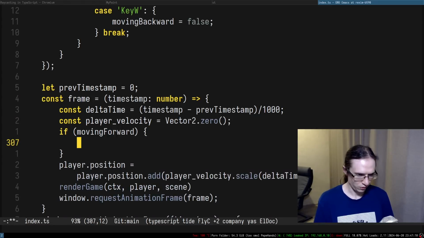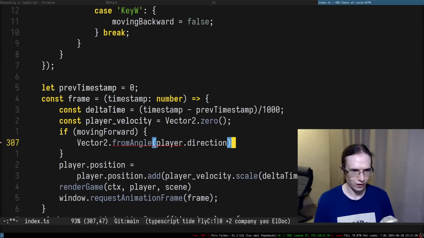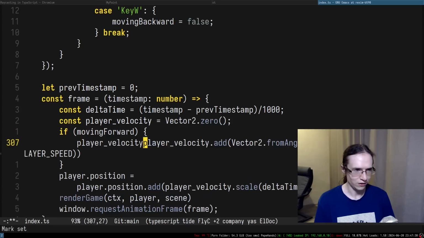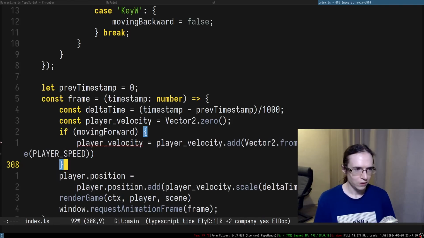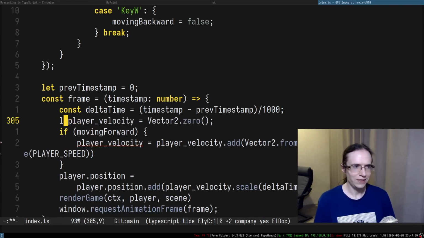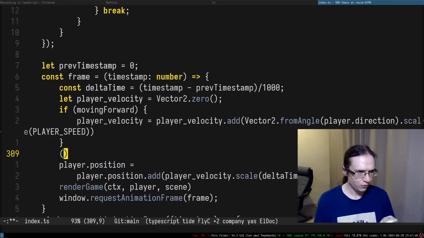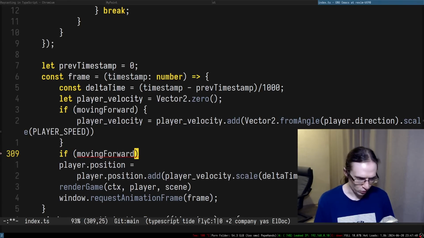thing to the velocity, right? So we take the player direction, vector 2 from angle, and we obviously scale it by the player speed. And we just add this entire thing to the player velocity and reassign it like so. So it must be reassignable, so it has to be let. Of course. Cool. So now, if moving backwards,